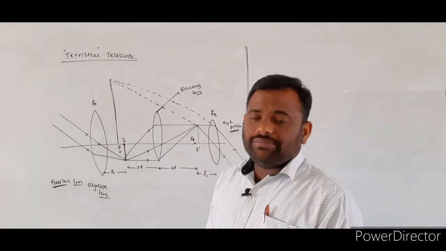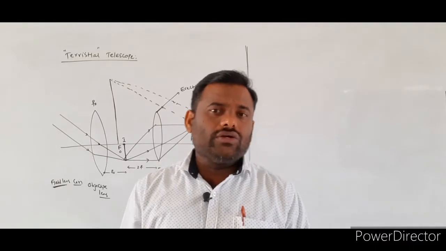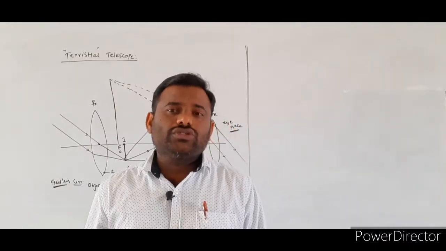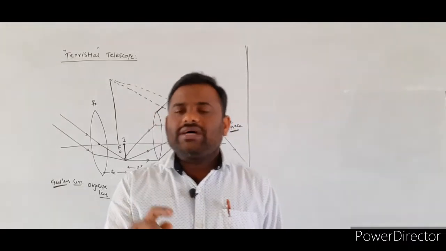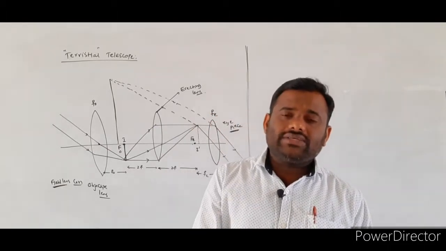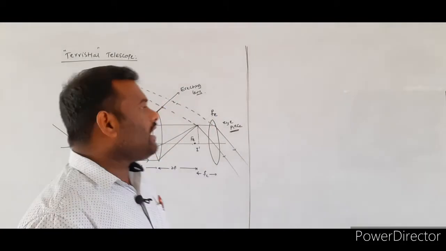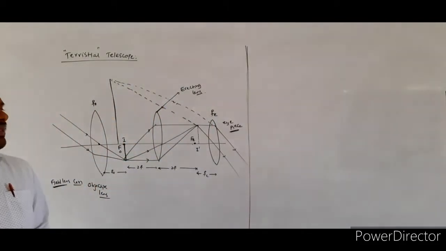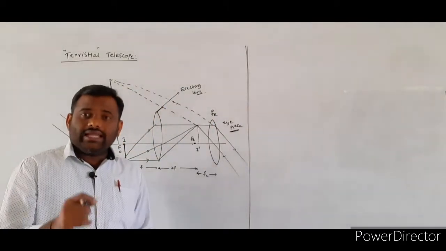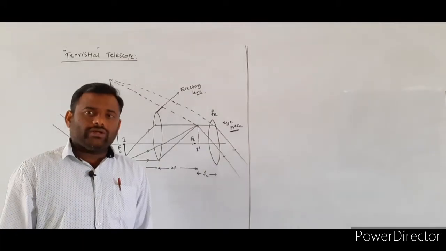In the case of the simple microscope as well as the compound microscope, especially in the compound microscope, we use two types of lenses. One is the objective lens, and the other one is the eye lens. The objective lens focal length and aperture size will be less, whereas the aperture size of the eye lens will be more in the compound microscope.